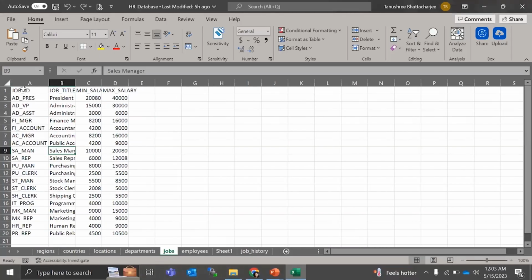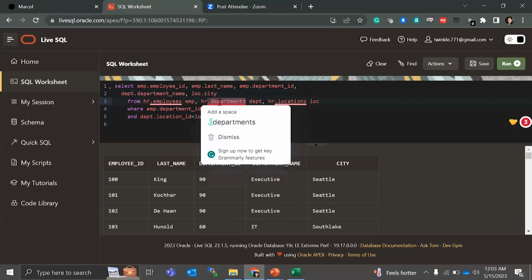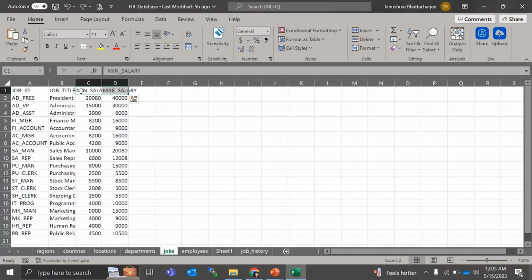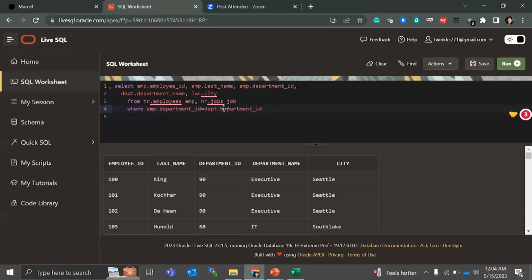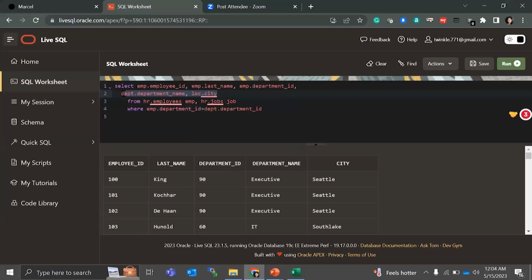So how can we do this? Okay, so we have a job ID here and we have the minimum salary and maximum salary. What we can do is we can write a non-equi join on this. Let's try this out. Select the employee ID and this jobs table, job. We don't need one more. Okay, and let's get the job title. We will not now join on job ID, we will join on minimum salary and maximum salary. So let's get the job title, from HR jobs where